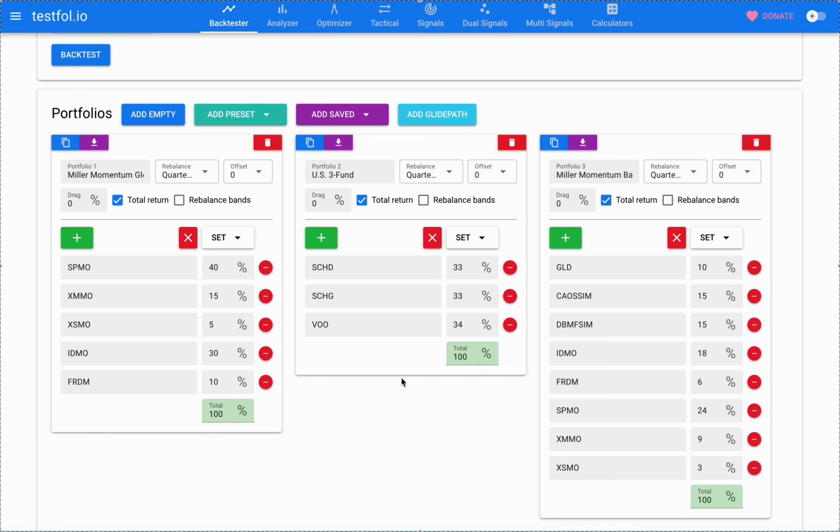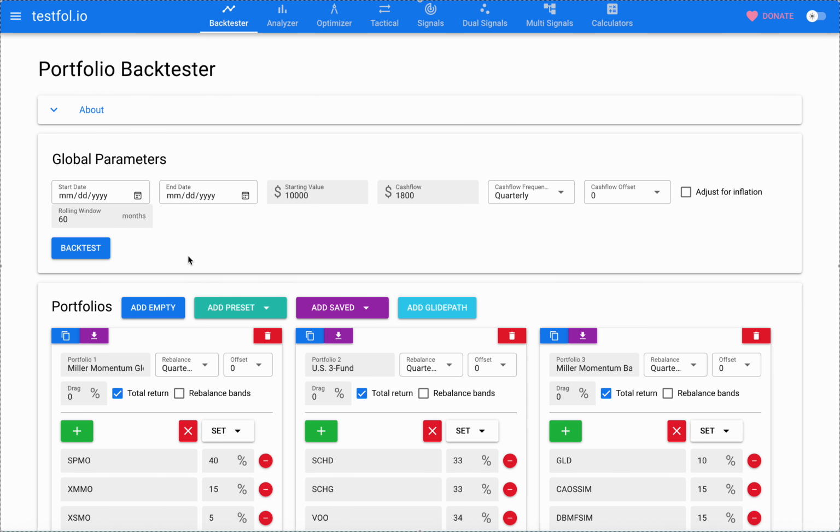And lastly, I'll show my Miller Momentum Balanced allocation, which only does 60% to equities and then 40% to alternative trend following strategies, because I typically in my portfolio include things beyond equities. But I wanted to show you a comparison of equities only approaches and my more standard approach of having a portfolio that goes beyond equities. So let's start the races and assume that you've been adding $1,800 quarterly saving for retirement.